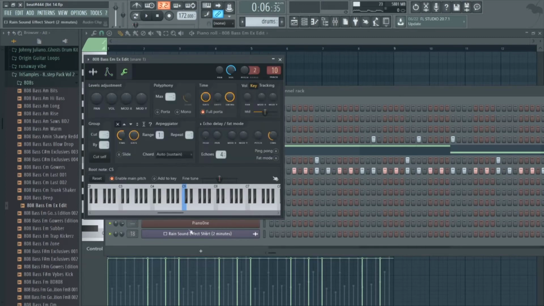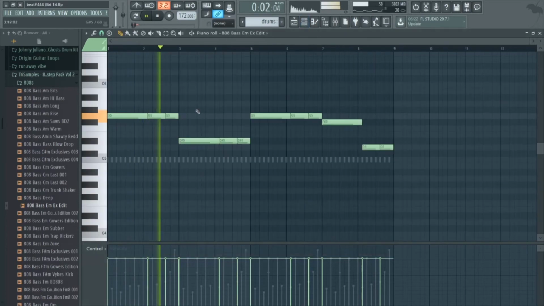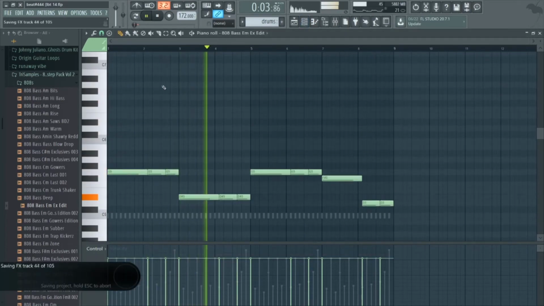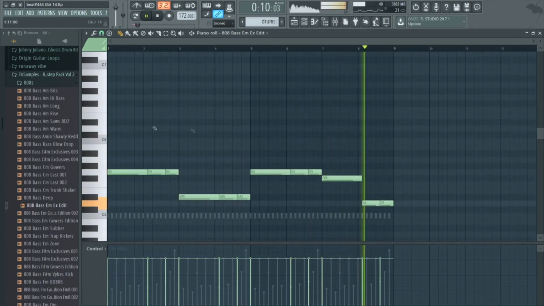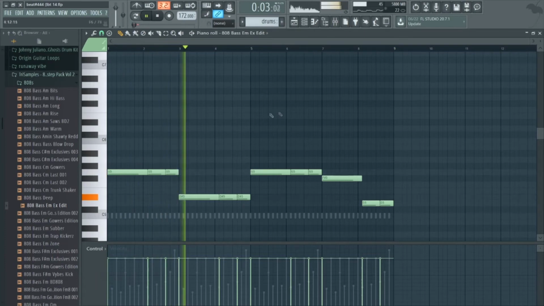Alright, I want to try swapping out the sound. Instead of a short tail, I want an 808 that has a longer tail. Alright, so after swapping out the initial 808 sound that I had with another one that had a longer tail,